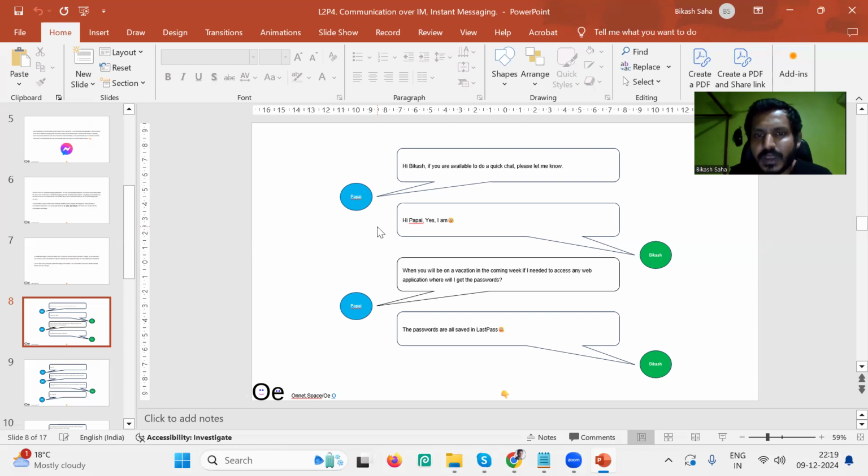And you will also need to understand over the conversation whether the other person really has the answer for what you have asked. If you think the other person does not have the answer, then you move forward with the communication. So these are the things taught in the way of communication in part 1.